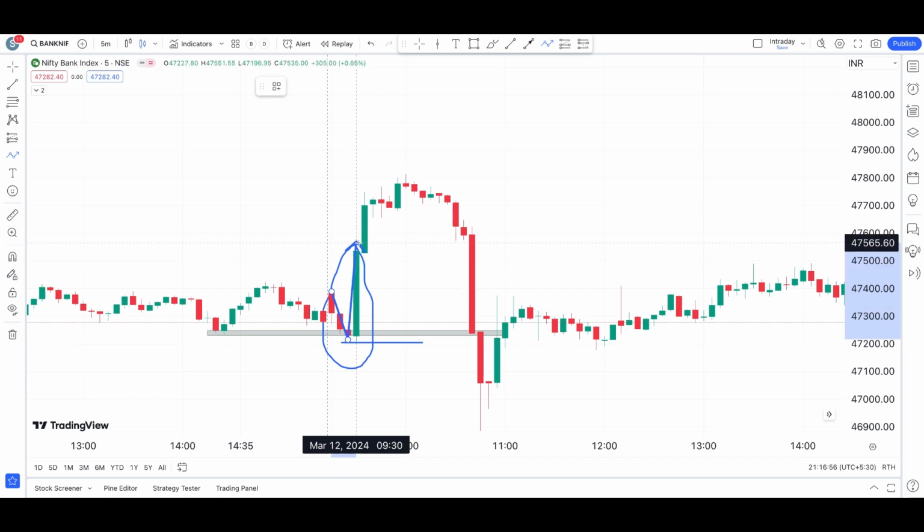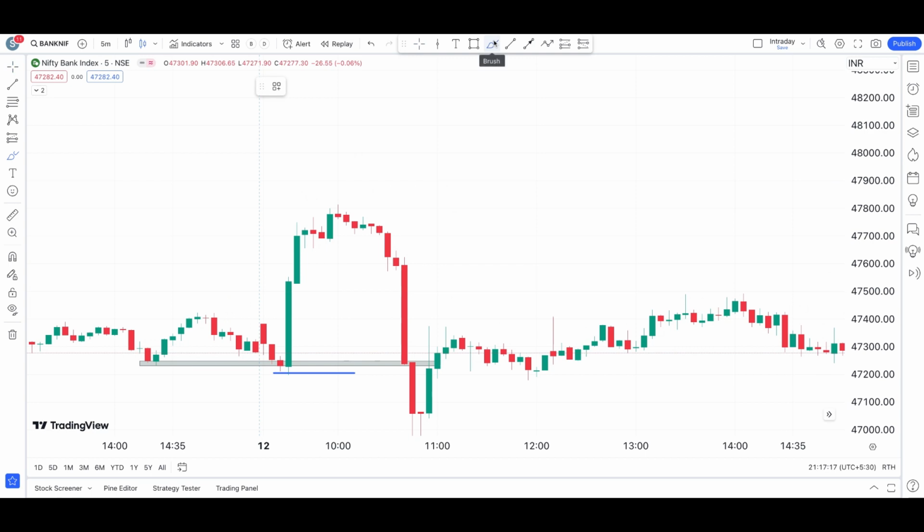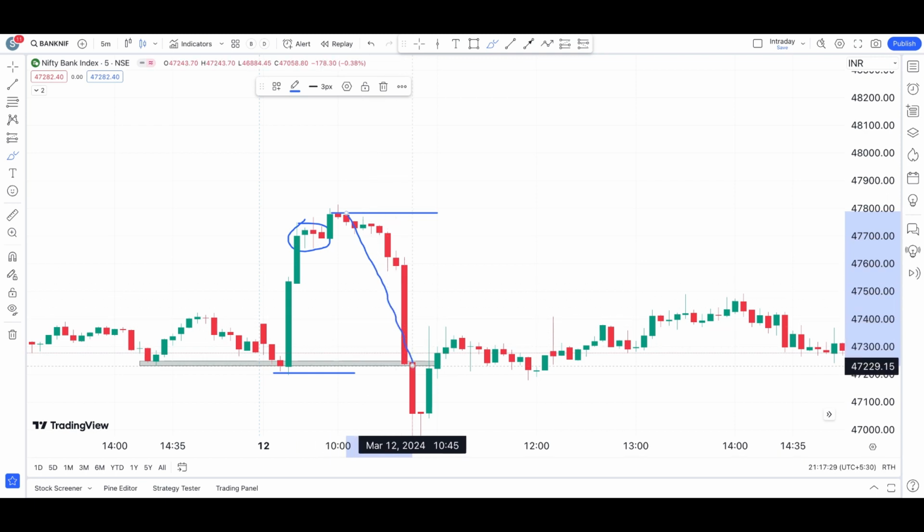So from there, if you have seen any pullback to this location, then you might have thought about taking your calls there based on the swing reaction there. But in this case, it's not. If you carefully notice the Bank Nifty today, from where we have seen a sharp reaction is where the real trouble started. I'll tell you why. After that, we have sharply seen Bank Nifty started falling very aggressively towards this location.